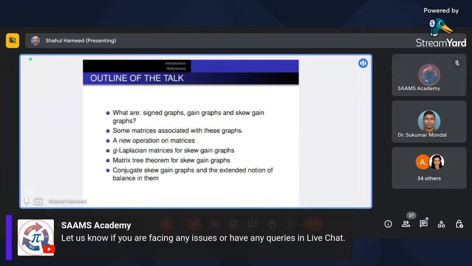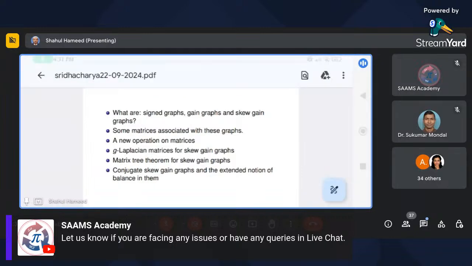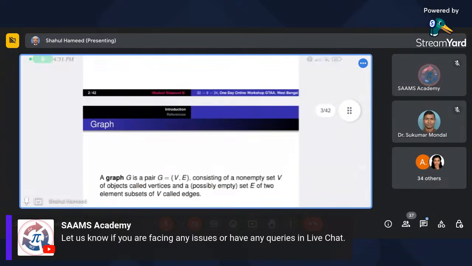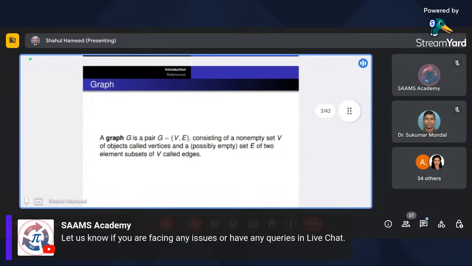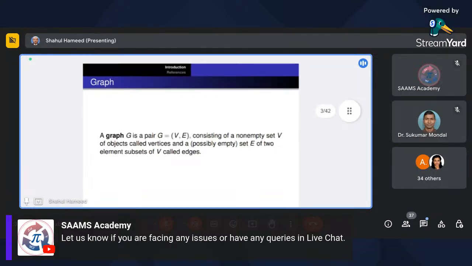Then we will have G Laplacian matrices for skew gain graphs. Matrix P theorem will be mentioned without giving the detailed proof. Then we will have the final conjugate skew gain graphs discussed at length. So already this is known to you. Graph is something which is a pair consisting of vertices and edges. Of course, as we are dealing with simple graphs,